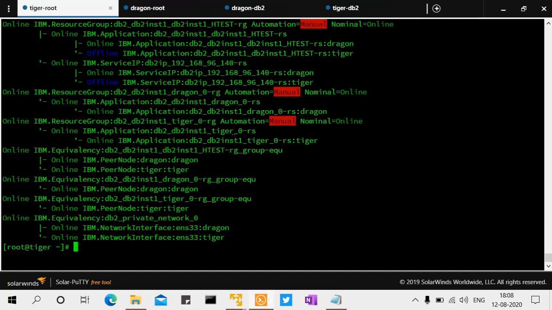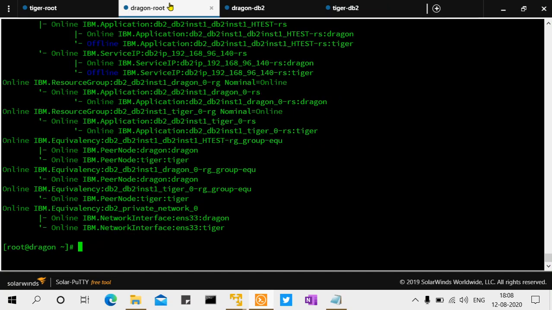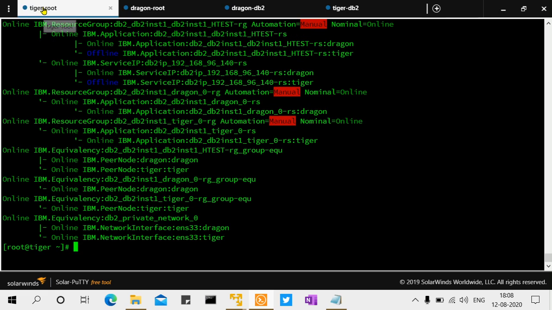Once you get into the manual automation mode, if you want to issue a request, Dragon is your primary. I'm not sure, yeah, this is the one.